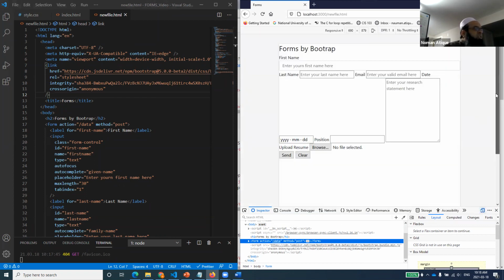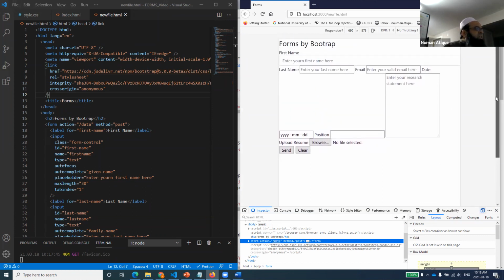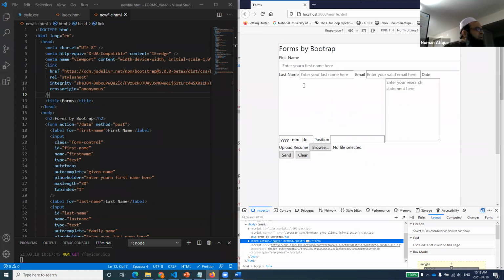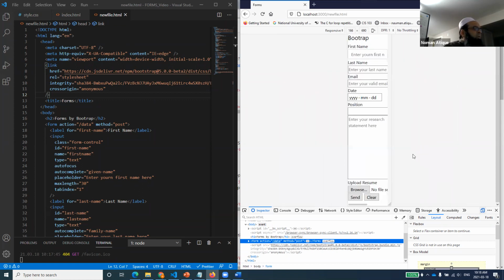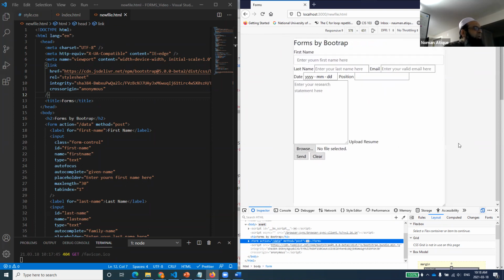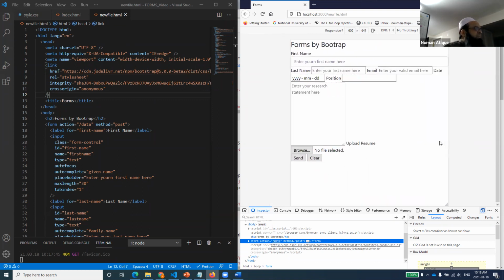Responsive design gives us the facility to design our things according to different view areas. For example, this has changed into this one. You can also squeeze it or expand it, and it will show you how your document will look while you are doing that. So this is responsive design.